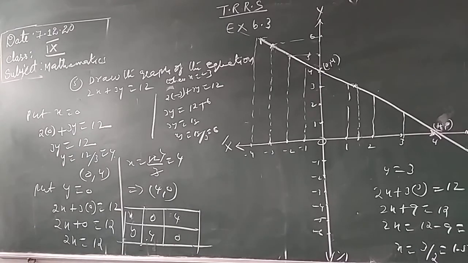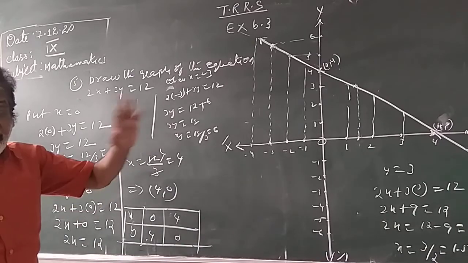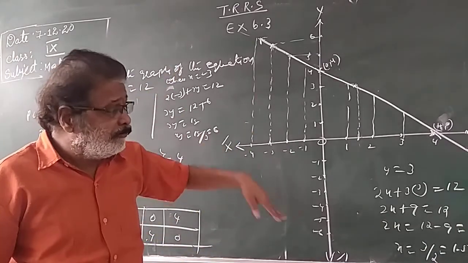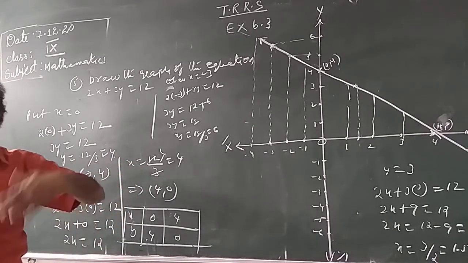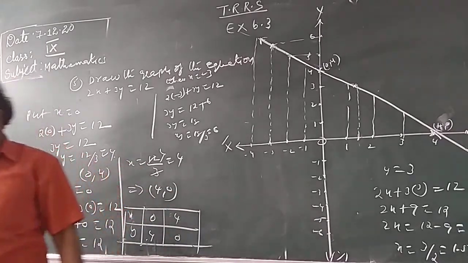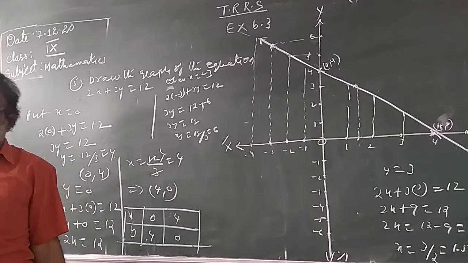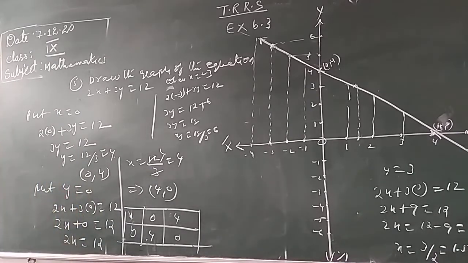Like this, we can find the solutions. So what are the solutions? Whatever points lie on the straight line, all those are the solutions of the given equation. Children, I hope you clearly understand. When you do it on the graph, you can clearly understand. If they give x, they ask to find y. If they give y, they ask to find x. If you know any one of the two variables, you can calculate the other one.